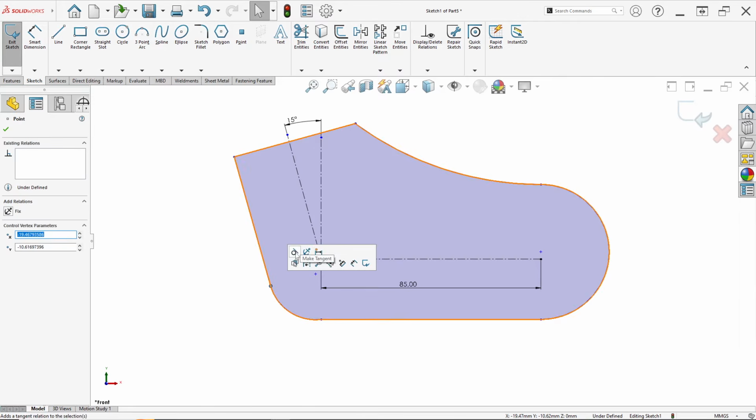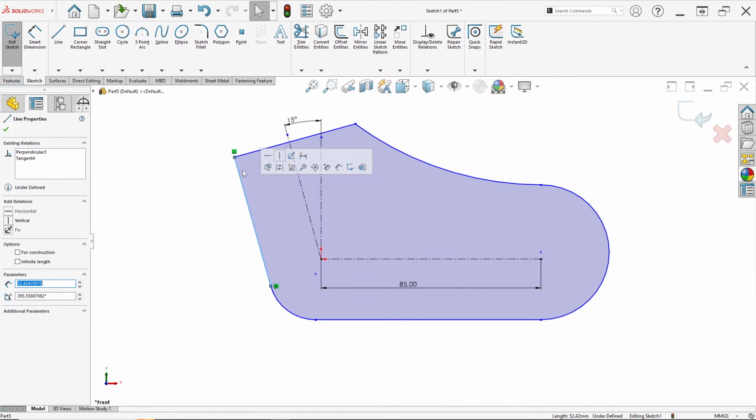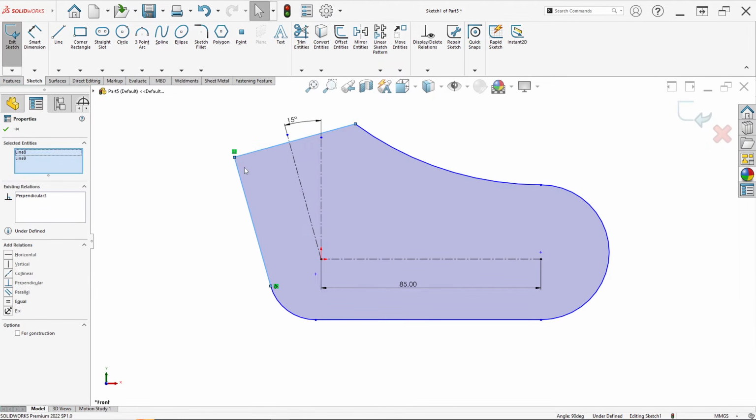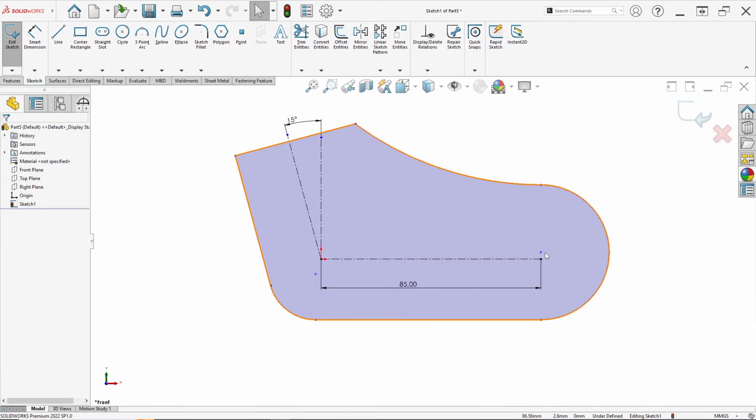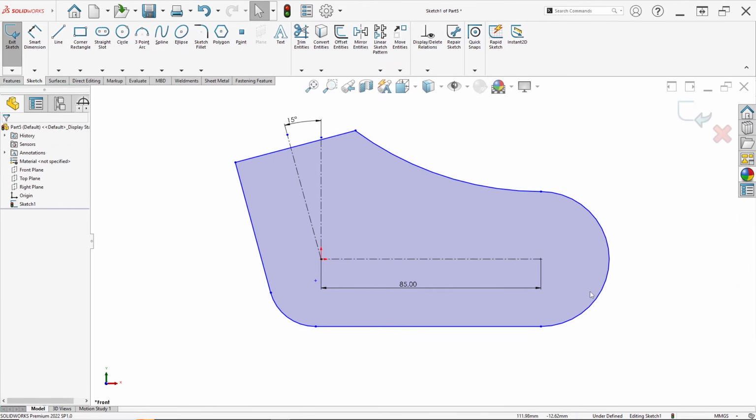And for this point click make tangent, this point click make tangent, and this point click make tangent. Don't forget in here click make tangent. This line, we can click control and select this line, and in here click make perpendicular, and this line to this center line click make parallel. Okay, and this center to this point click merge point. Okay, like this. It's so simple.